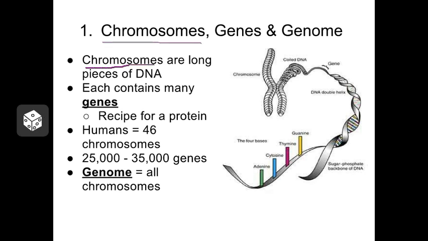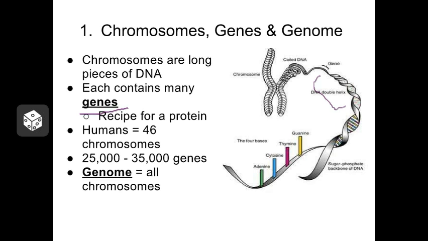A chromosome, of course, is one long piece of DNA. Chromosomes can look like X's, sometimes they're just straight bars. We'll talk about why they have different shapes later. But for now, you need to know that a chromosome is a long piece of DNA and that it contains shorter sections that we call genes. A gene is a recipe for making one or more related proteins.